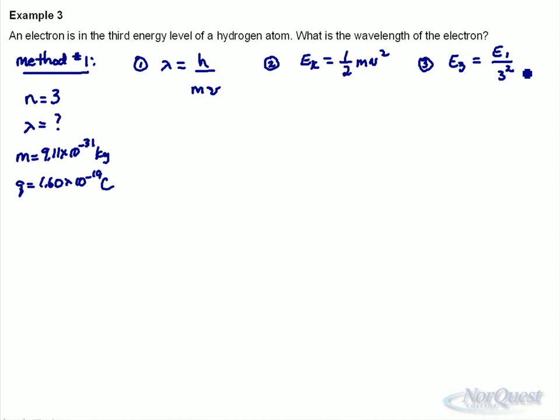The wavelength and kinetic energy formulas can be derived or taken right off your formula sheet. I would have to provide you, or the diploma would have to provide you, with Bohr's energy formula. E1 is a constant. In joules, you would be given this too: negative 2.18 times 10 to the negative 18 joules. So let's start with formula 3. Let's figure out what that third orbit is. Negative 2.18 times 10 to the negative 18 joules divided by 9 tells us that E3